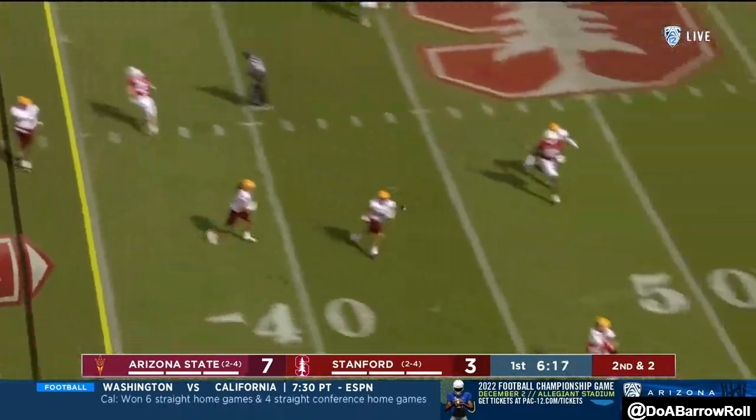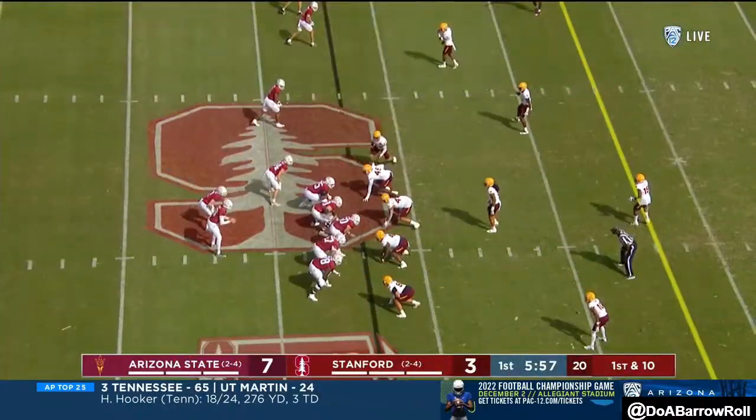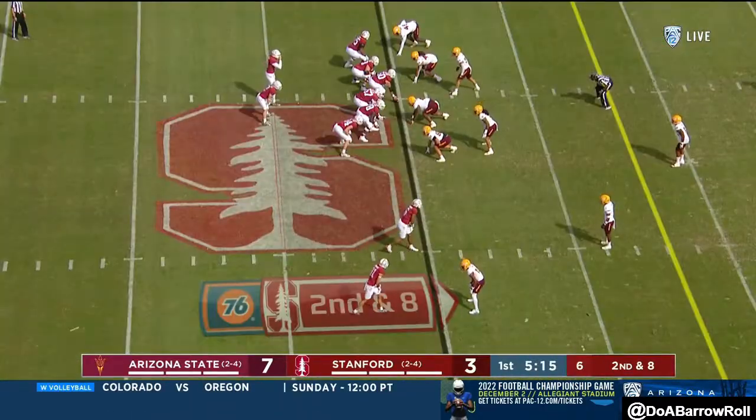Nice pocket again for McKee. Back shoulder. Oh, and the contested catch. That's awesome. Now down the line. Jurasic. Spilled at the...